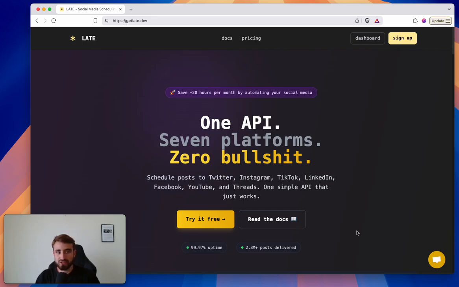I'm Mickey. In this video, we're going to see how we can use Late, which is a social media scheduling API, to create and schedule our posts on more than 7 platforms. And this will allow us to save lots of hours cross-posting on different social media accounts by using this tool. So in this video, we're going to see a quick tutorial on how you can use Late